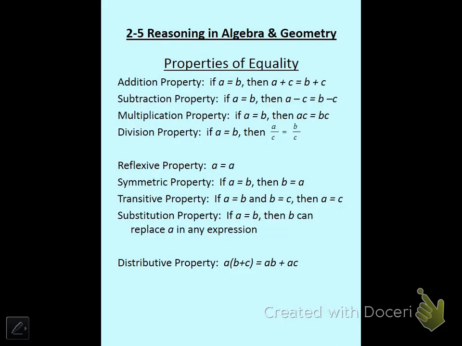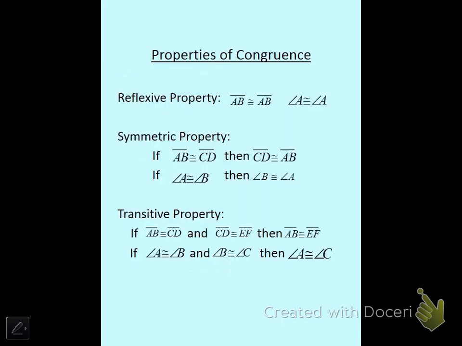Substitution property: if A equals B, then B can replace A in any expression. Distributive property: A parentheses B plus C equals the same thing as AB plus AC, so distributing it. Properties of congruence. So reflexive property,